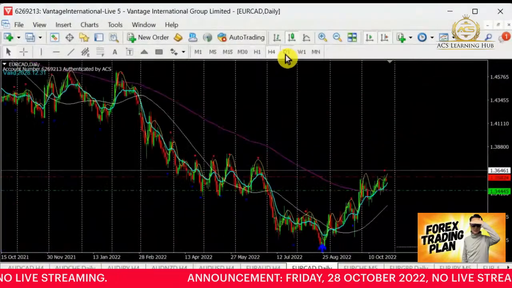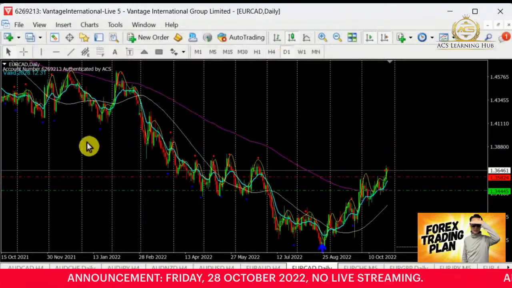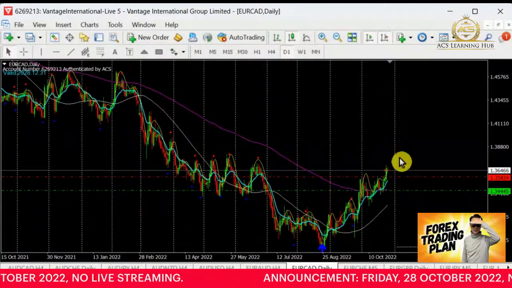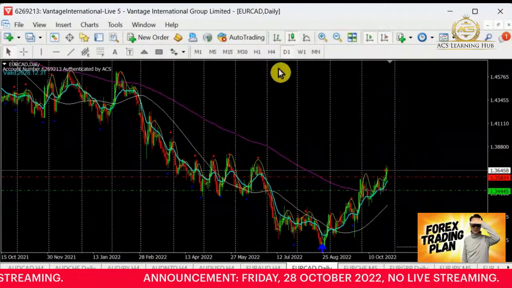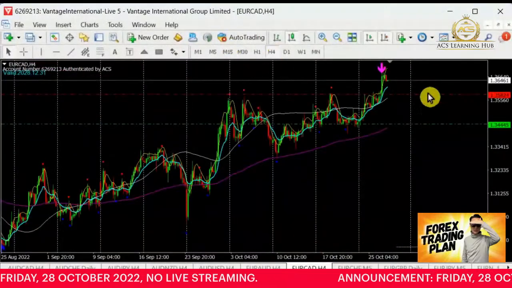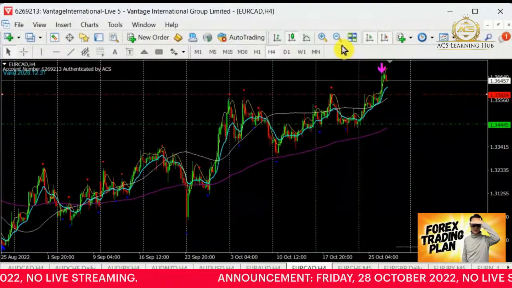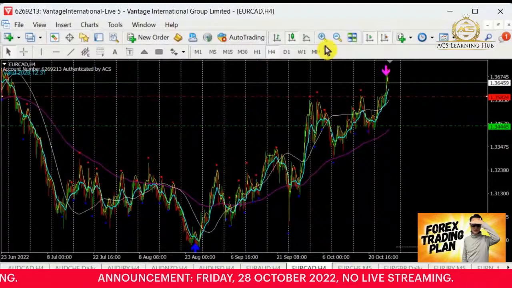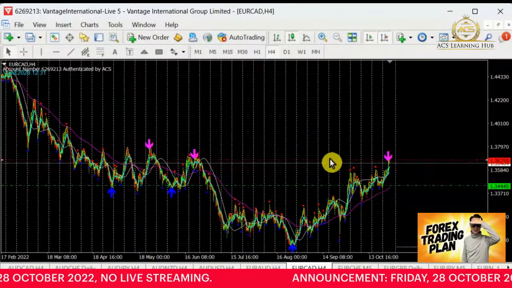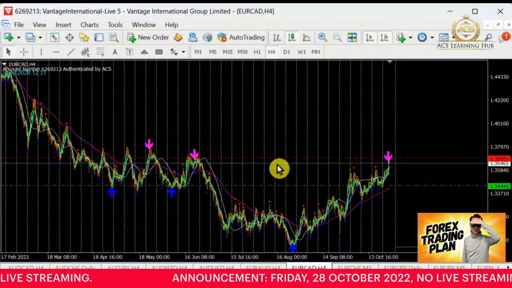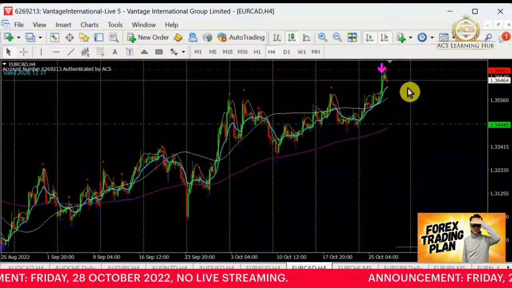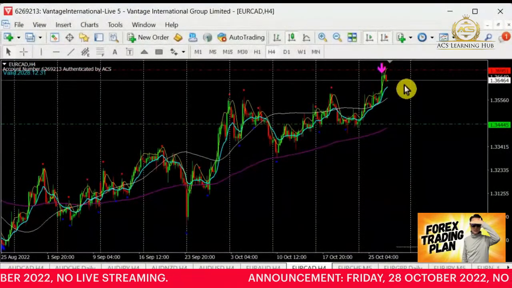EURJPY, very clear that we are now turning into a bull. The bull is running at this point, so for EURJPY we are looking out for buying, and not selling at the moment. Tentatively, I would suggest we wait first and see if this is going to take out the level here, the highs. For EURJPY, for buyers, yes, you have a chance. The resistance is there, so just take note of the resistance level.